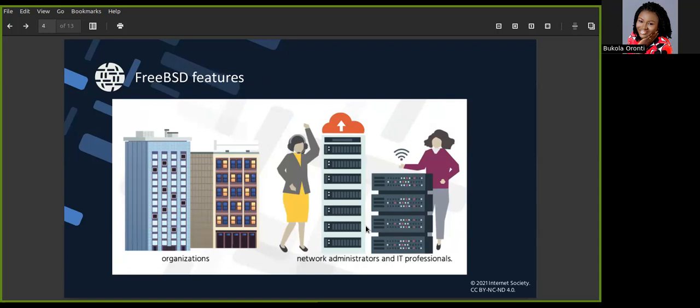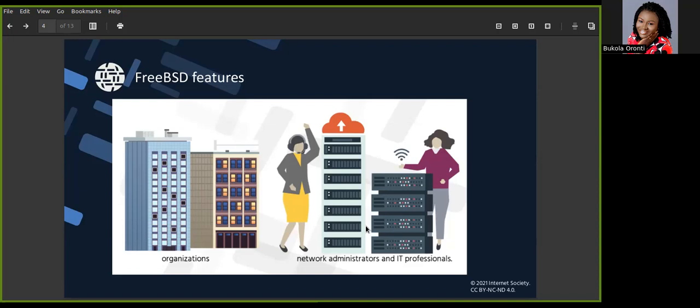Another advantage of FreeBSD is what we refer to as the rc.conf file. This file provides a single point to configure settings such as the host name, the IP address for all available network interfaces on the system, and the services to be initialized at system boot time. So from a single file, you can perform all these modifications in FreeBSD. Also, it provides configurations for automatic repair of the file system at boot should any discrepancy be detected.